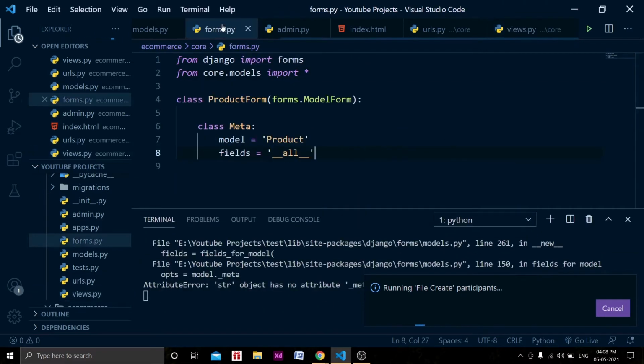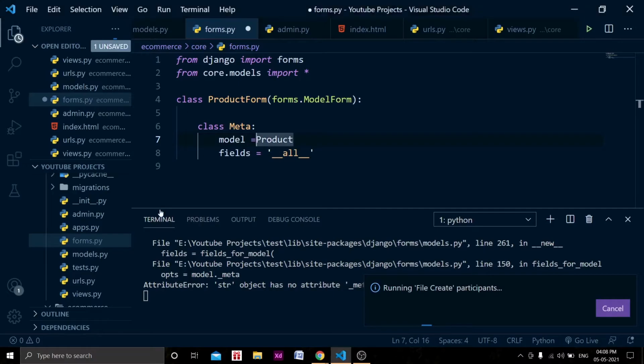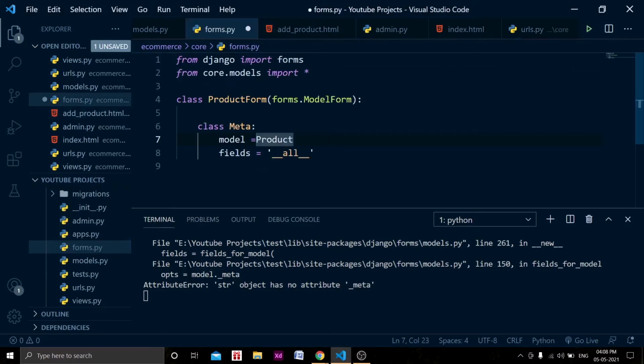One minute, in the forms I think I have written this product. Let's change it. I think this will not work. Let's go to that thing. It has added like this only. Okay, so in the forms just save this and hit reload.